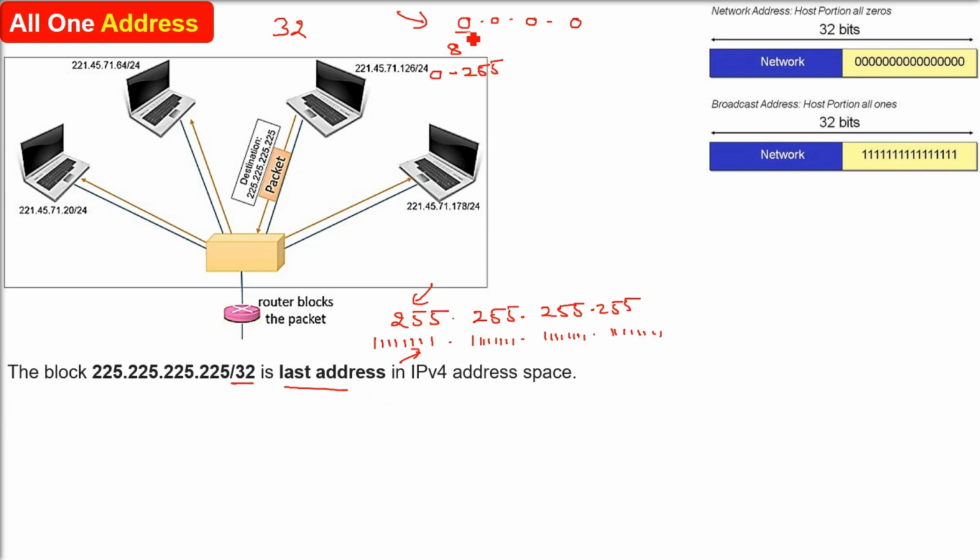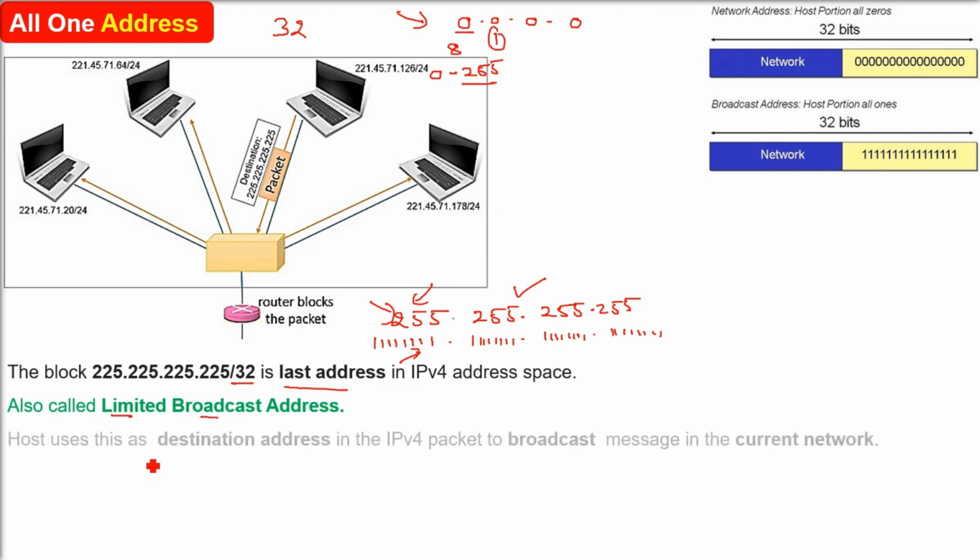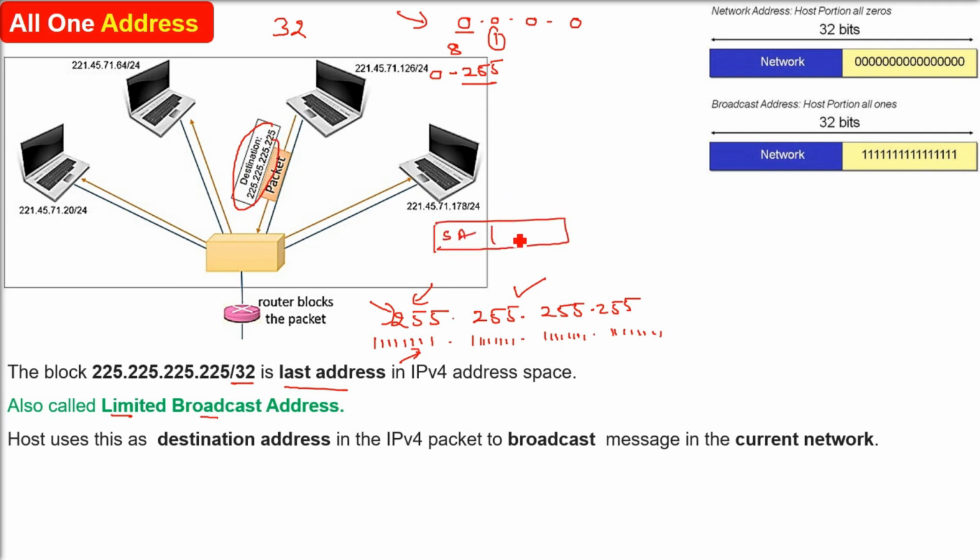It is already secured or blocked for a certain purpose. So what is the purpose of this? As we just learned, all zeros is basically used to get an IP from the DHCP server. This kind of address, which we are talking about right now, is called the limited broadcast address. Now, why is it a broadcast address? A computer or host uses 255.255.255.255, all 32 bits being ones,